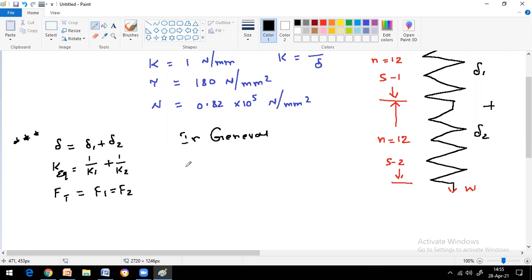Now in general, stiffness K is equal to load by deflection. So load by deflection is nothing but n d power 4 by 8 d cube into n. How did I write this? What is this? How did I write K as n d power 4 by 8 d cube into n? This is the deflection formula of a